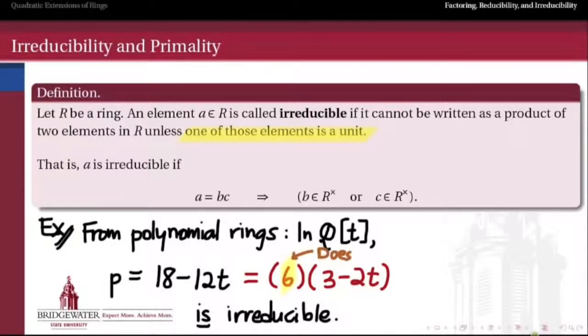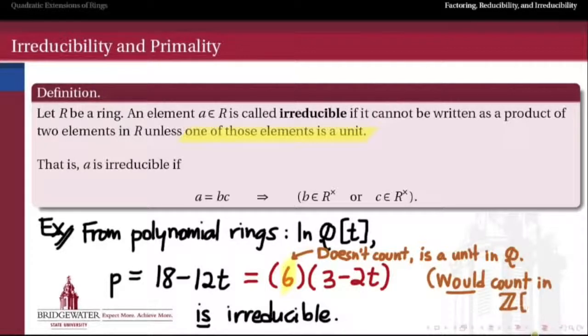and one of those factors, 6, happens to be a unit in the polynomial ring over the rationals, because it's also a unit in the ring of rationals itself, the field of rational numbers. So since one of those factors is a unit, this factorization doesn't count. Note, however, that this factorization would count over the integers, because 6 is not a unit in the ring of integers. So there's some subtle connection and maybe a relationship between factorability over the integers and factorability over the rational